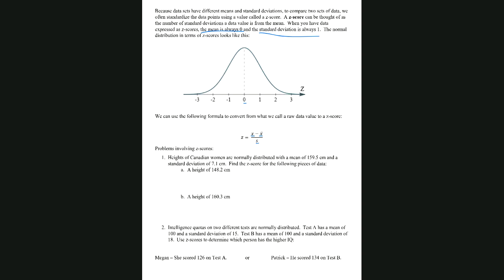All right, so it says the heights of Canadian women are normally distributed with a mean of 159.5 centimeters and a standard deviation of 7.1 centimeters. Find the z-score for the following pieces of data. So what if there was someone who was 148.2 centimeters tall? Well, let's find the z-score. So z is going to equal